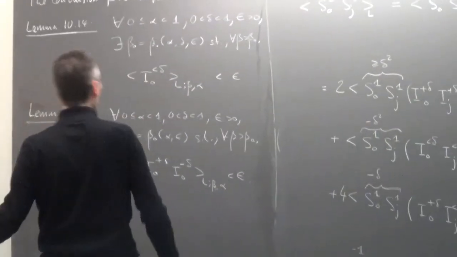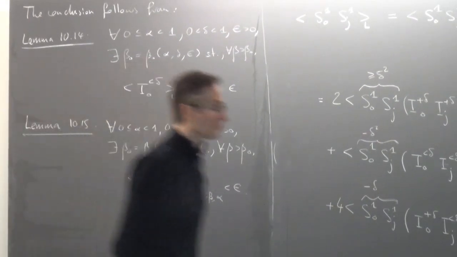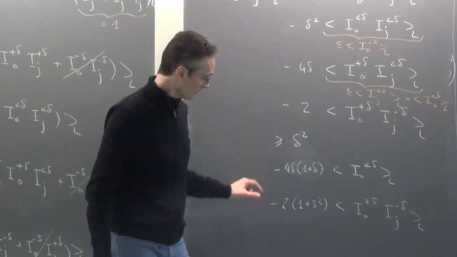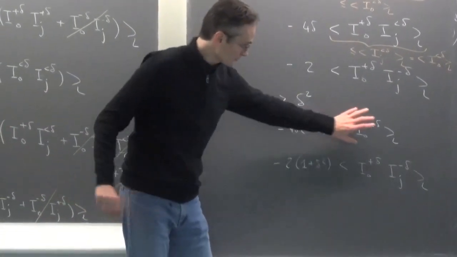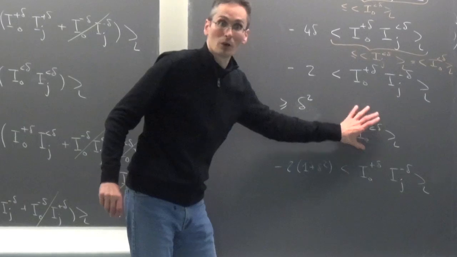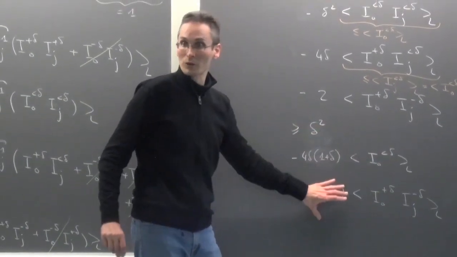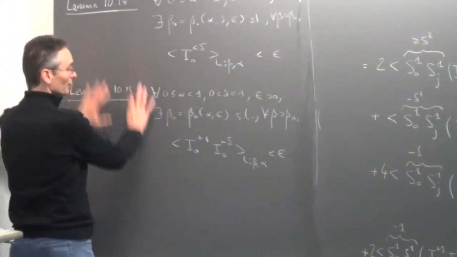Okay. It's clear that from these two lemmas, the theorem is proved, right? Because, as I said, you fix delta as close to 1 as you want, 1 minus something very small, and then these two lemmas prove that this guy and this guy can be made as small as you want by taking beta large. Okay. So all this thing is as close to 1 as I want, provided that beta is large. Okay. So these are the two main things we have to prove.